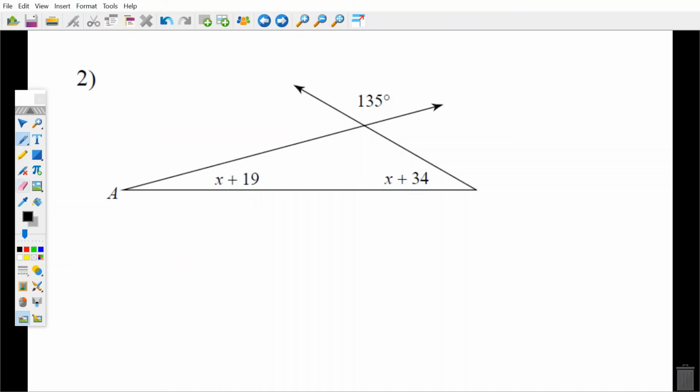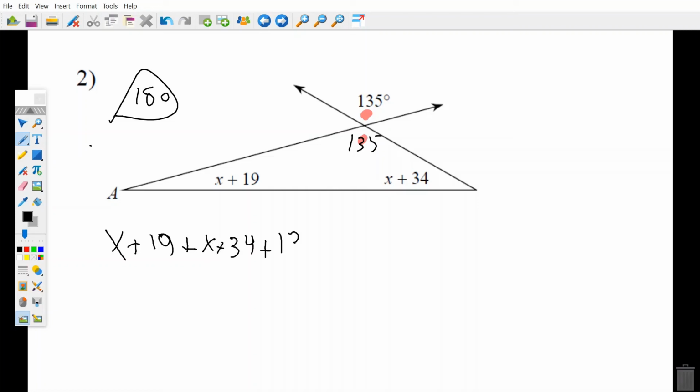All right, the answer is this angle here and this angle here are vertically opposite, so they are equal. So this is 135. I know the triangle has to add up to 180, so I can go x plus 19 plus x plus 34 plus 135 equals 180 degrees. Combining my like terms,